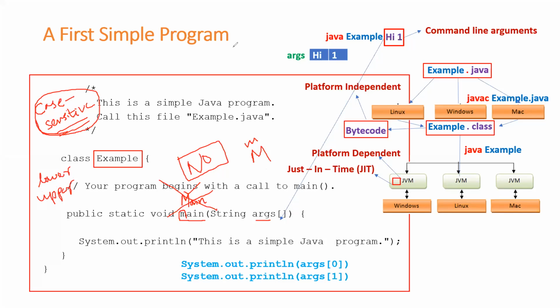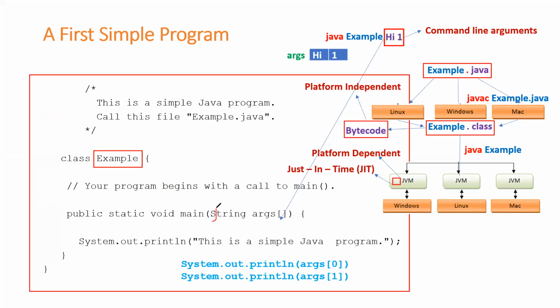And one more thing, you see here, String, S is written in uppercase. Why is it in uppercase? Because String is a predefined class name. As I said, all predefined class names begin with an uppercase letter. That's why you should write S in uppercase. Instead of uppercase, if you write lowercase string, then it throws an error. Why? Because Java is a case sensitive programming language. If you write in lowercase, you are changing the meaning.